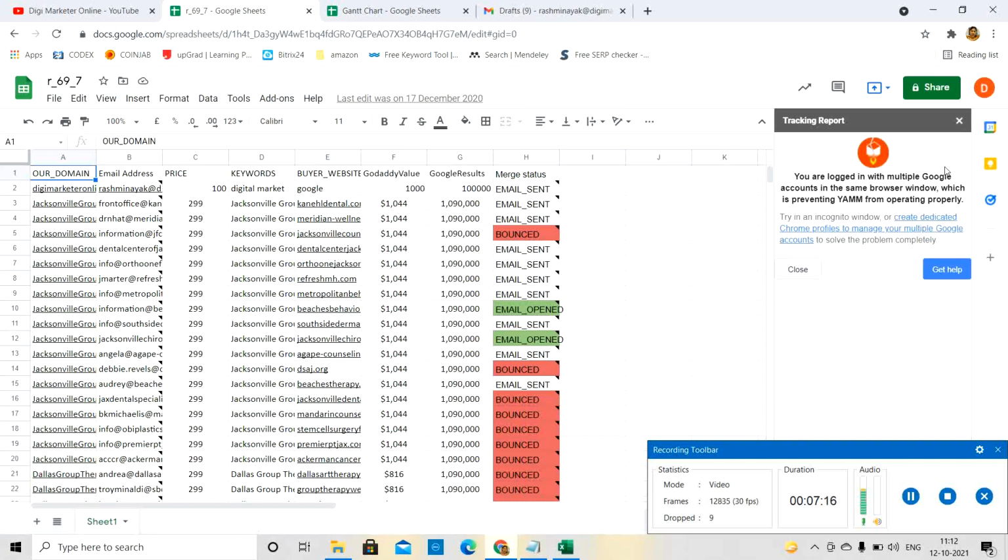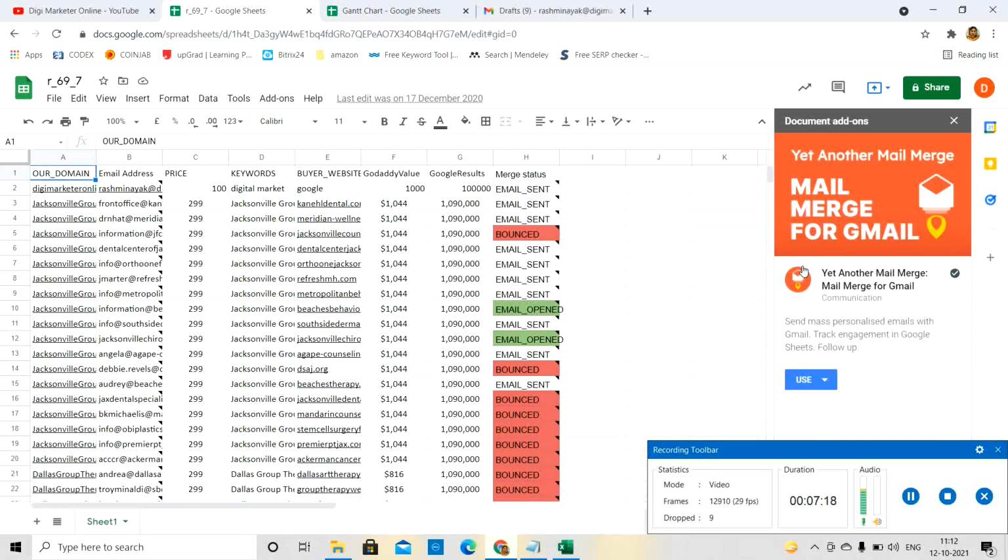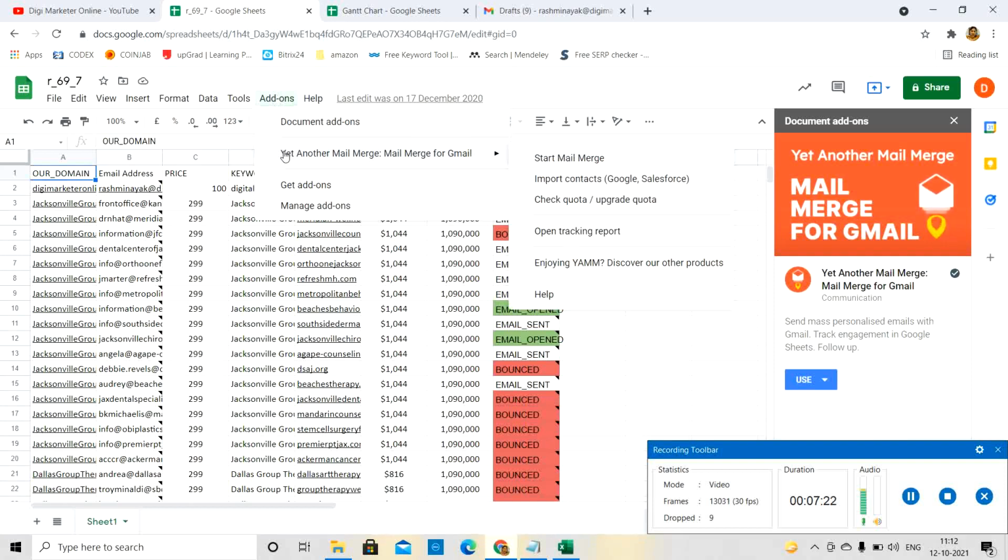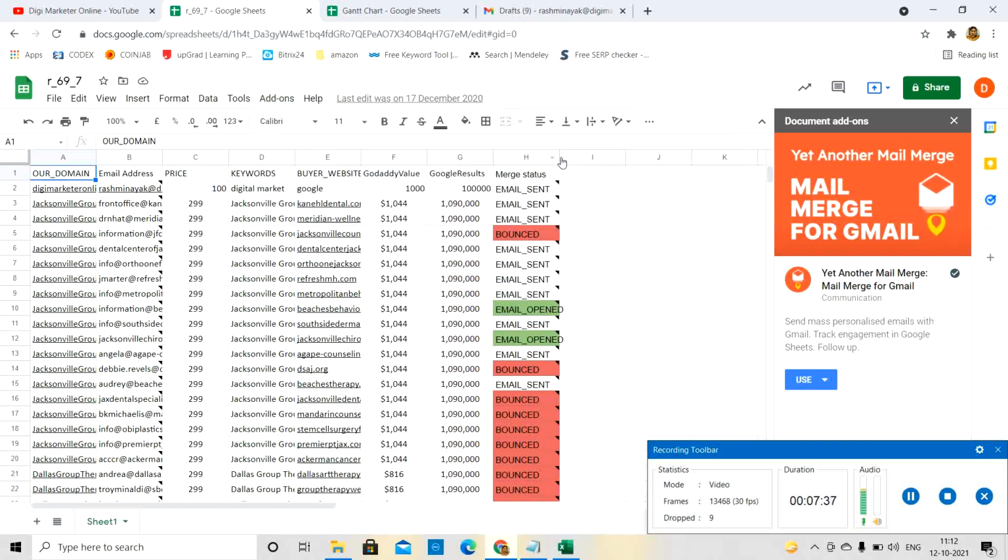Okay, so there's some issue with this because I've opted out of the upgraded version, but you can see the report as such. And if I go to import contacts, it will let me import from any other Google Sheet and also from CRM accounts like a Salesforce account. So if I do a start mail merge here,